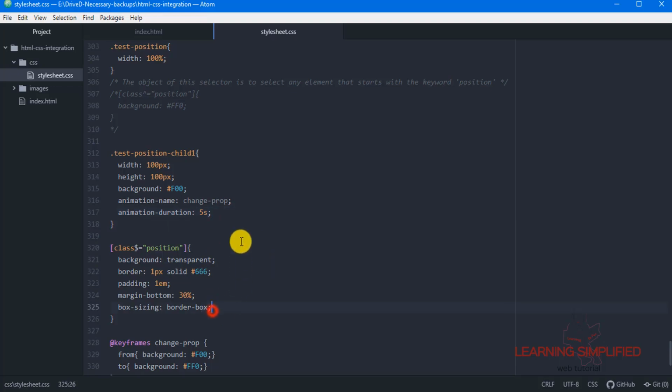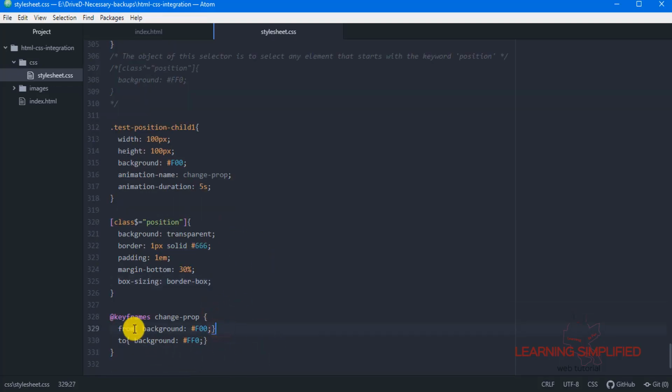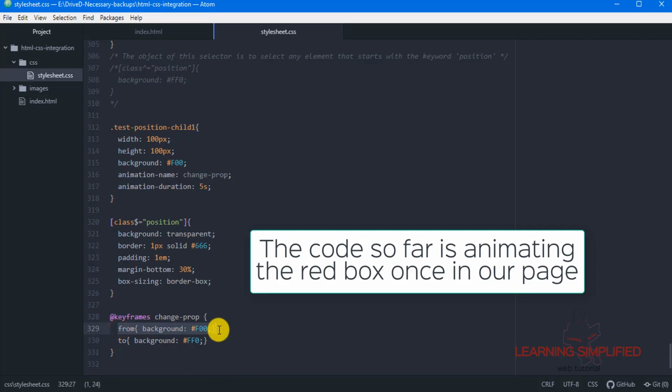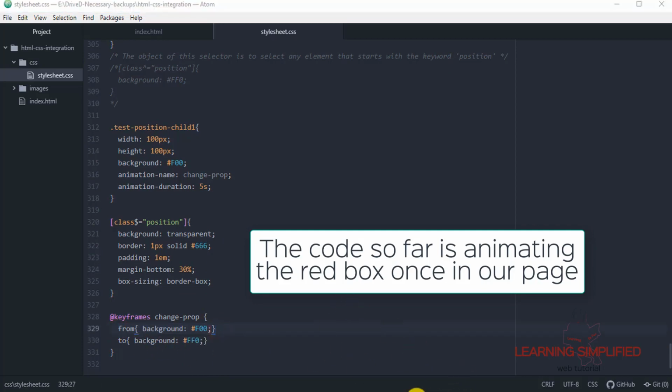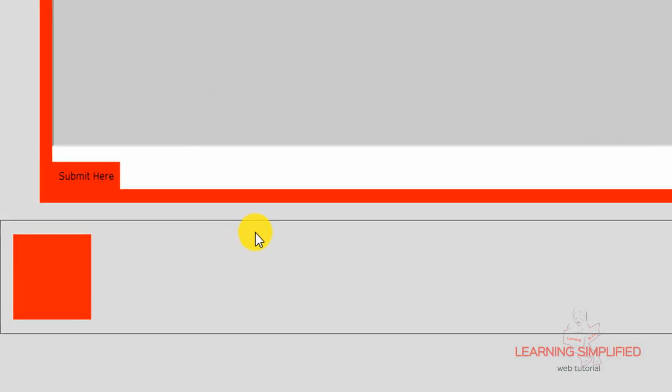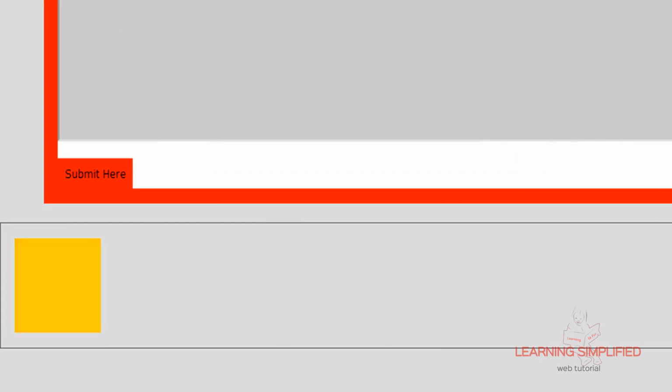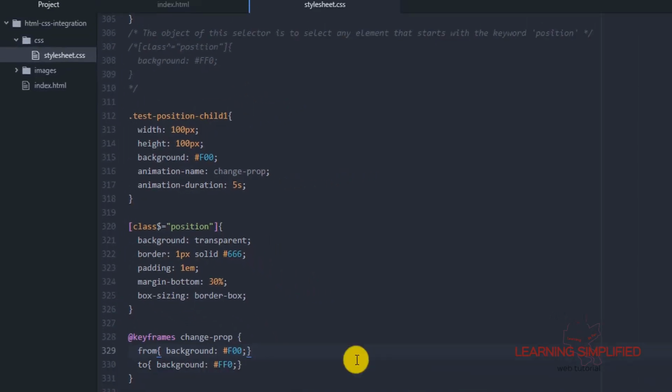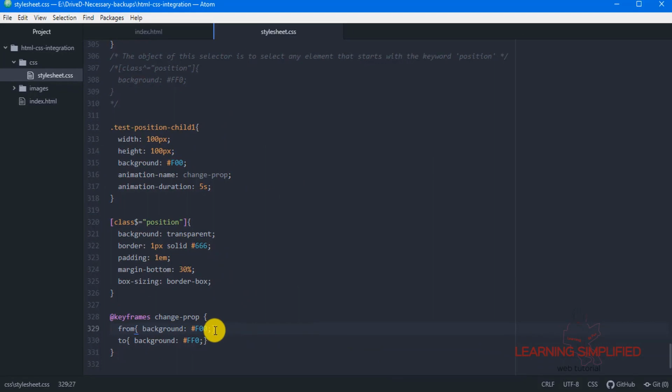Now, we have seen that this animation is taking place once in our page. That means if we reload, we will see that an animation takes place for 5 seconds and then gets back to its normal state again. But what if we want to repeat this for a couple of times, or in a broader aspect, for infinite? In that case, in the element, we need to declare